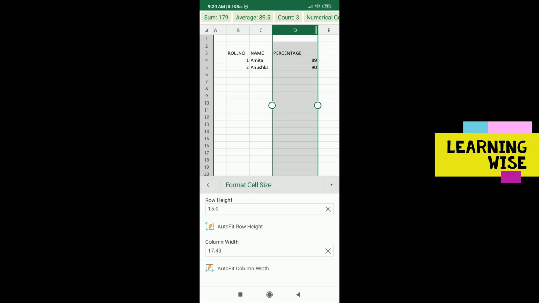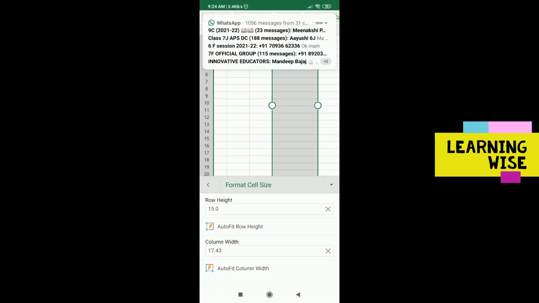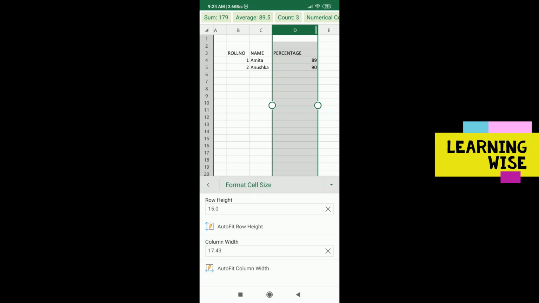Another option which you can see here is the auto fit row height and auto fit column width. Auto fit means the width of the column gets adjusted as per the content which is written. Okay, it's not going to acquire more space, right? So let's use auto fit column width right now.